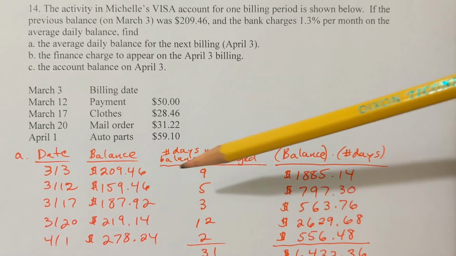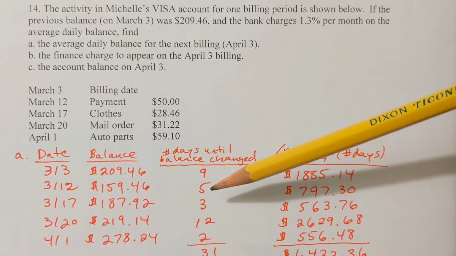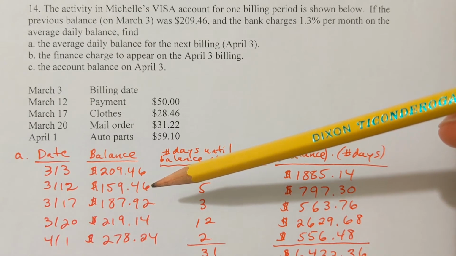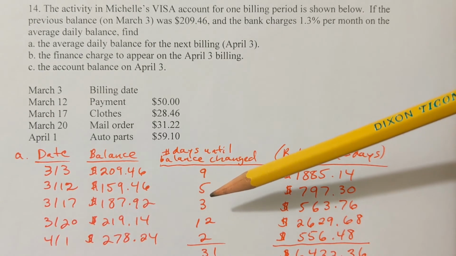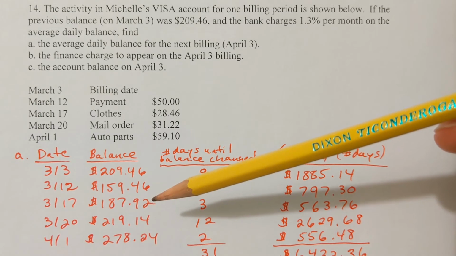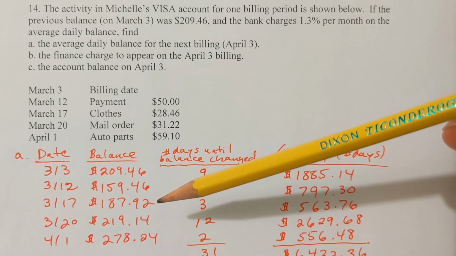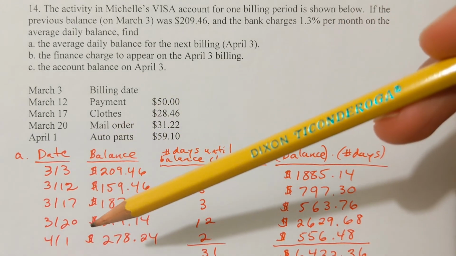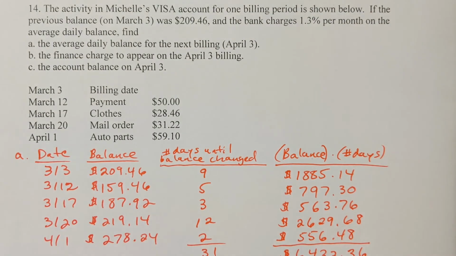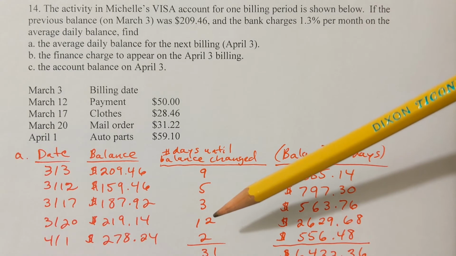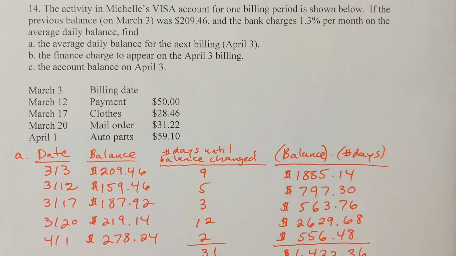March 12th to March 17th is 5 days, where the balance sat at $159.46. March 17th to March 20th is 3 days, where the balance sat at $187.92. Okay, March 20th to April 1st, March has 31 days in it, so that'd be 12 days, where the balance sat at